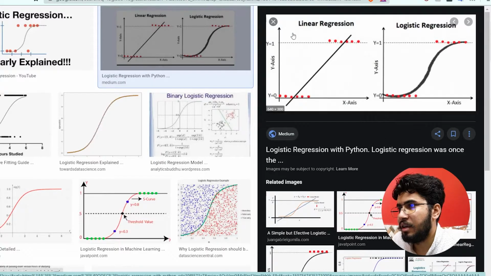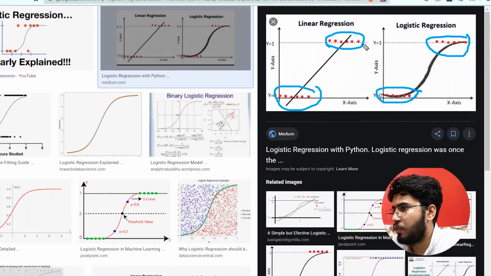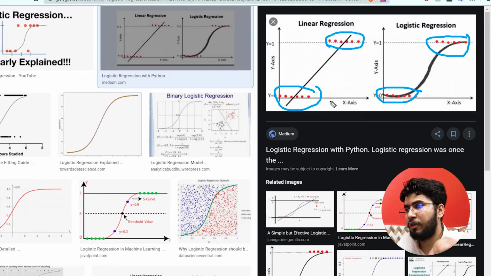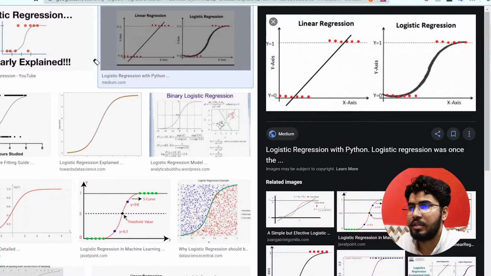And if you see here, we have a linear regression graph. So this is the data for a classification. And as I told you earlier, we only have output as 0 or 1. As you can see here, y equals 1 and y equals 0. So our output will always be either 0 or 1. Now if we apply linear regression on this, it is going to generate a line like this, which is not going to be suitable for us. So we are going to generate a line like this.